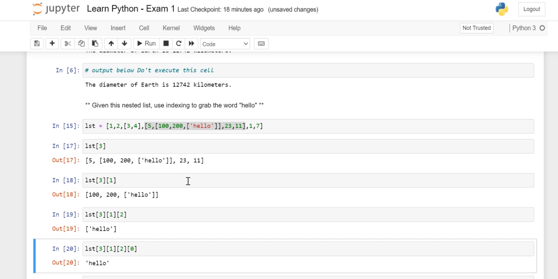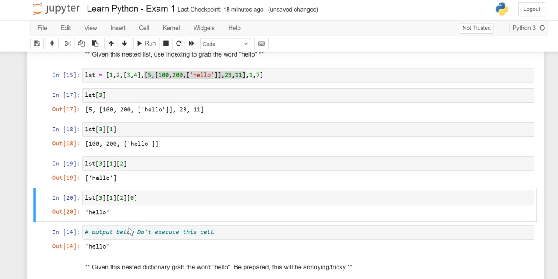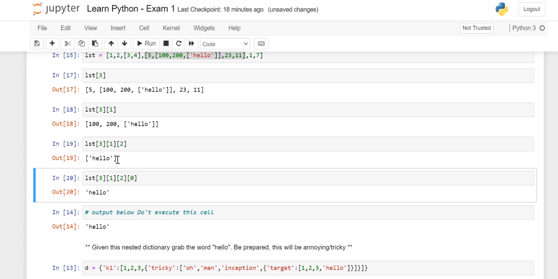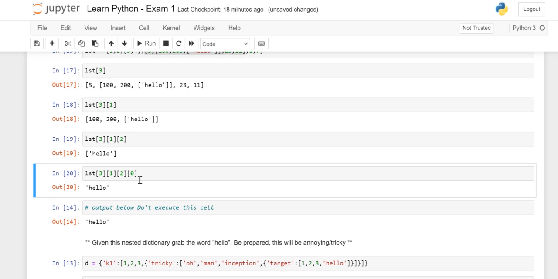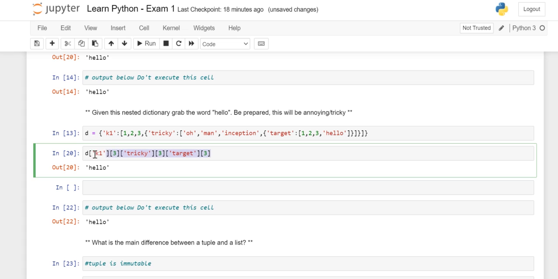All right, okay. So what we did, when you are coding, always try to break down your task. As you can see, I broke it down into multiple steps. First of all, I tried to grab the sub list, a very big sub list. Then I tried to grab a little portion of it, and then you need to think also. When you got the hello, don't get excited or happy that you got the answer. You need to see whether it actually matches or not. So we saw that this is a list. It contains only one element, so we need to use index value 0 over here. All right. Now, this one is the most tricky one.